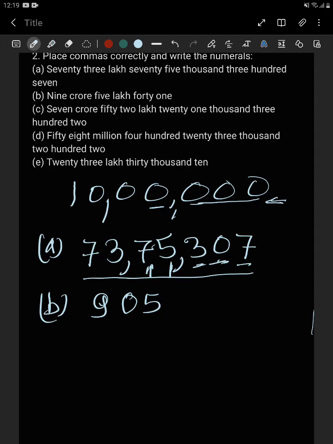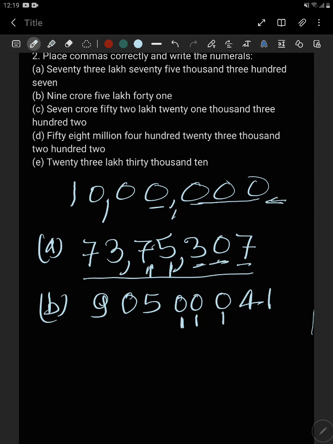So we'll write 0 like this, and now we'll have to write 41. For 41 there is no 100th place, so for the 100th place we have to write 0 and then 41. For writing 41, 1 is the 1's place, 4 is the 10th place, and the 100th place is 0, because nothing is there. And for the 1000 place nothing was there, and the 10,000 place nothing was there, so we have written 0. So in this way we write the numbers.